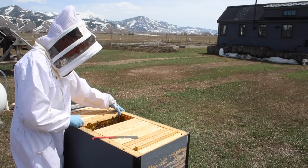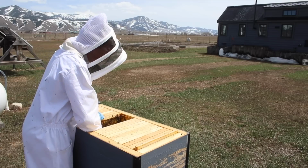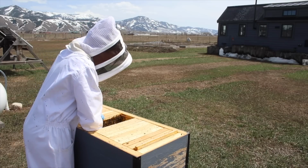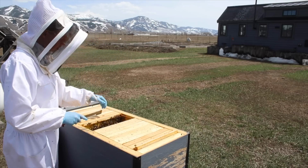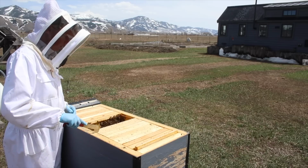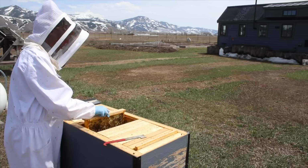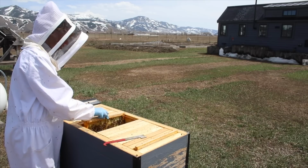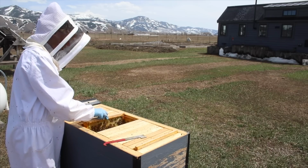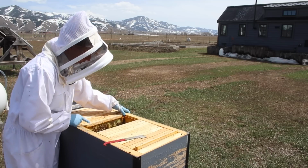But the colony has survived, which is wonderful. Very encouraging to have 2 out of 2 make it through a record-breaking cold and long winter and look active and happy and healthy